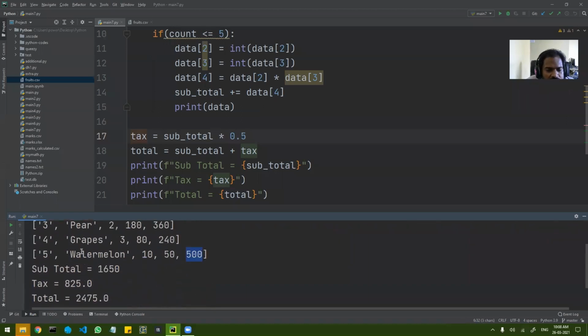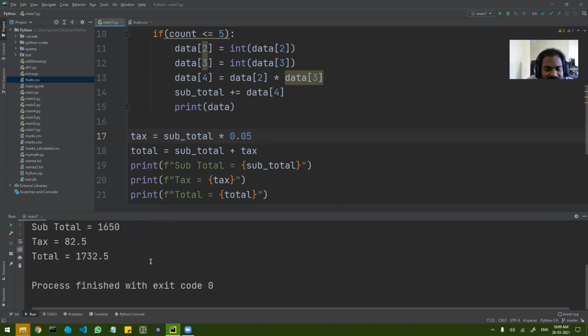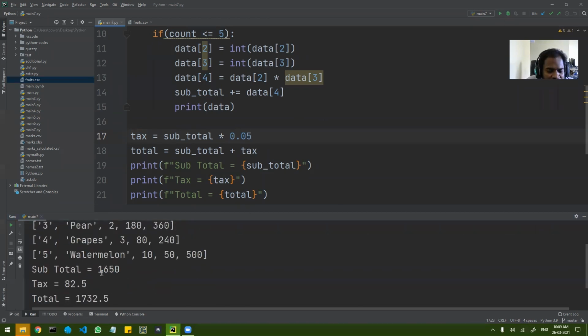उसके बाद उसका सब टोटल आ गया 1650 टैक्स. अरे बाप रे, इतना बड़ा टैक्स, गड़बड़ किया क्या मैंने? हेलो सर, 0.05, 0.05. ओके ओके ओके, 0.05 है क्या? गड़बड़ हो गया. ओके, सो 1650, 82 टैक्स और 1732.5. ओके, सो दिस इज माय